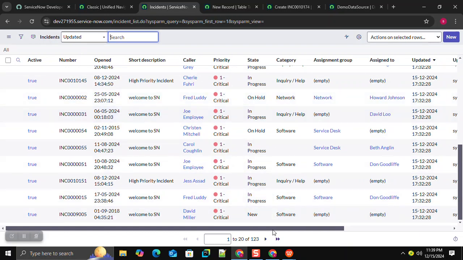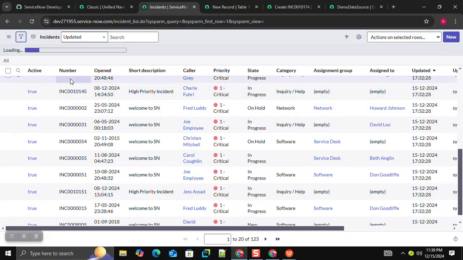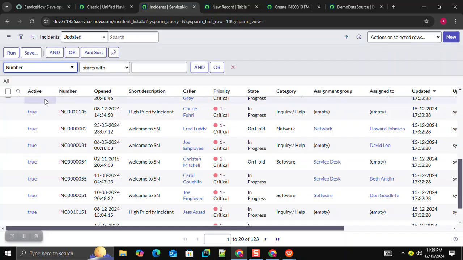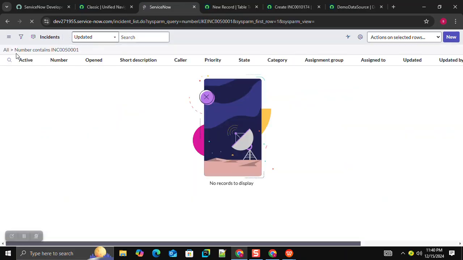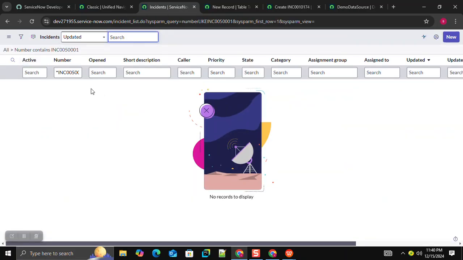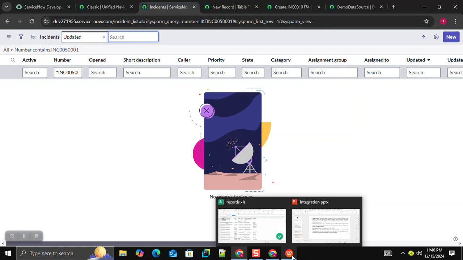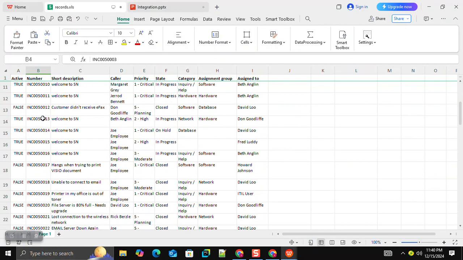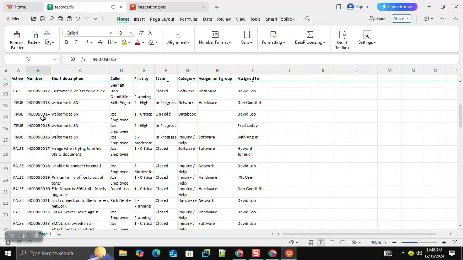and number contains this. Let me check once. So we don't have any number, right? In this Excel numbers we don't have. So now I'll go to our PDI